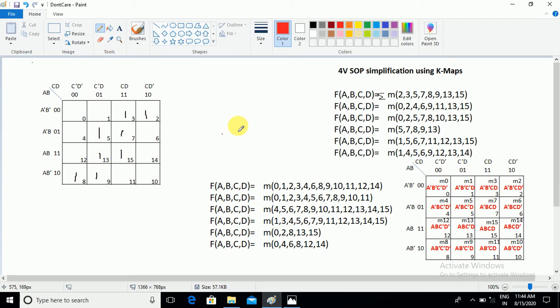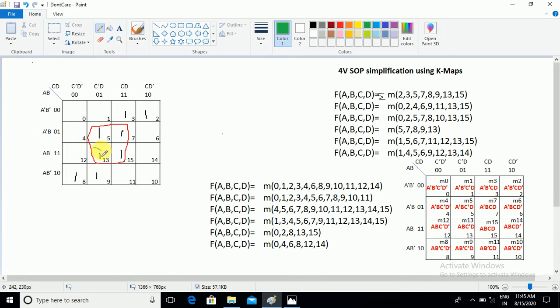Whenever you go to the mapping, first solve the cells which can easily be mapped. Here in this problem, 5, 7, 13, 15 we can easily map as a 4 cell group. Okay, now the 4 cell group has been completed, and what remains pending? Here 8, 9 are not mapped, 3, 2 are also not mapped. Now let us think about 9. 9 can also group with 13.